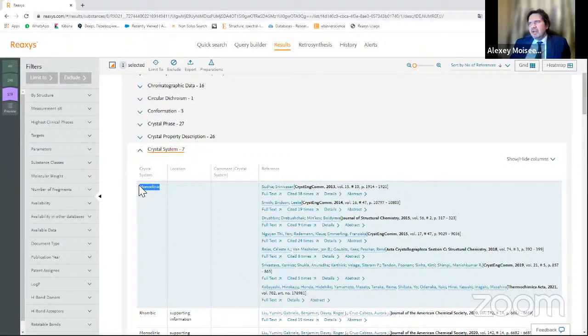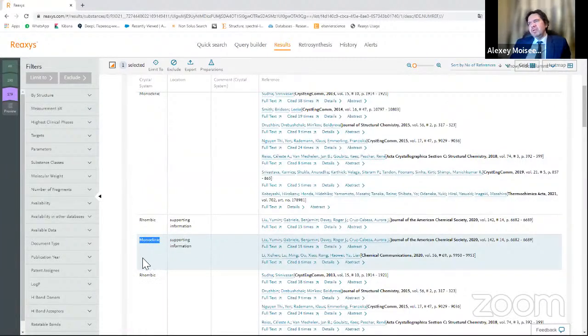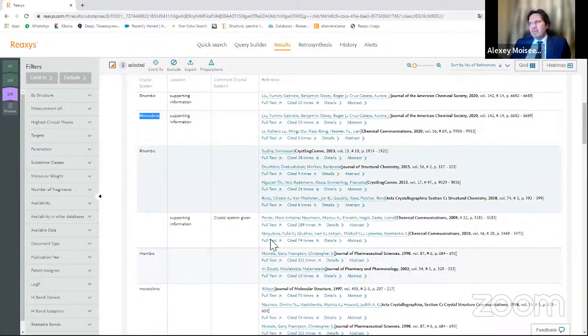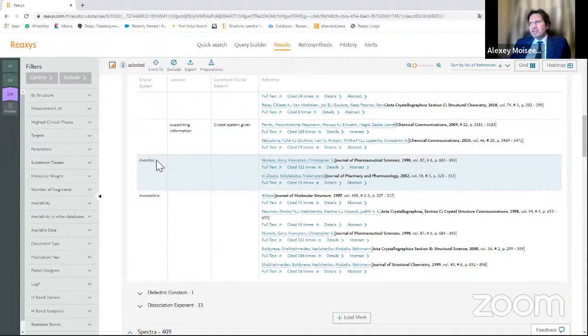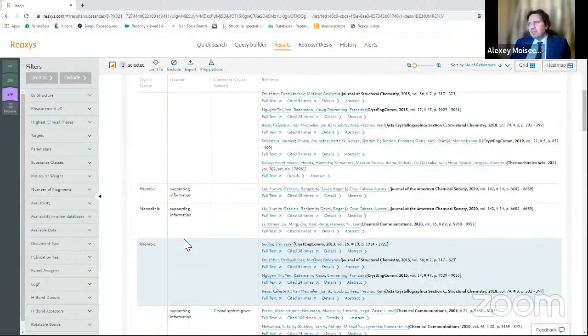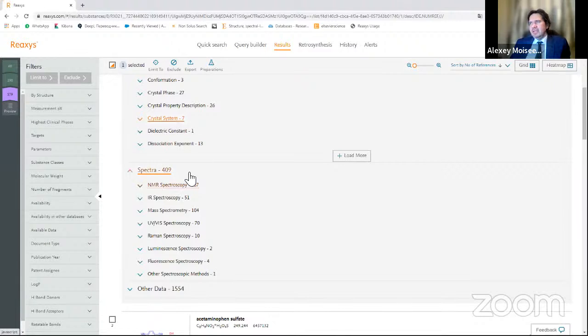Sometimes we have acetaminophen in monoclinic, or sometimes in rhombic, sometimes in monoclinic crystal system. So you can find the data about this. It looks like it depends on how it was purified, how it was synthesized, and you will find a lot of things directly here.